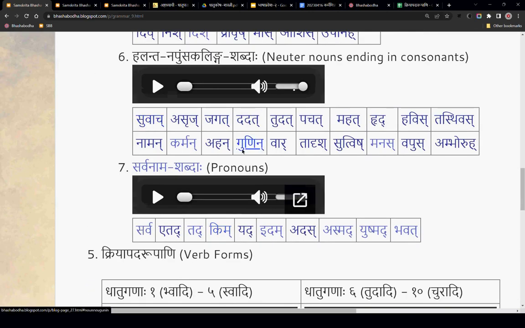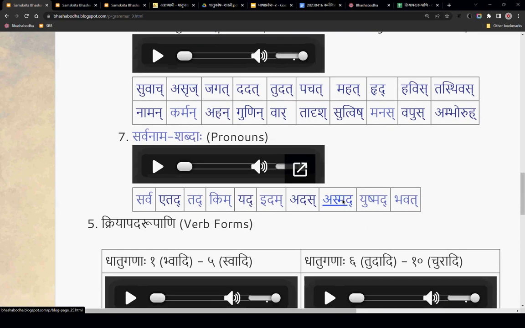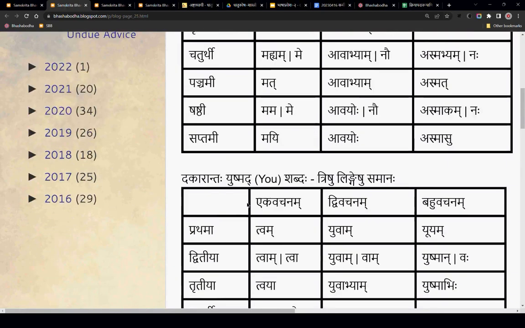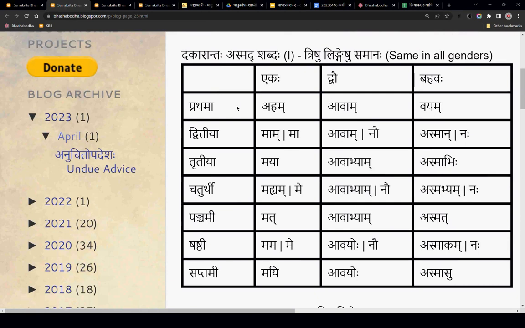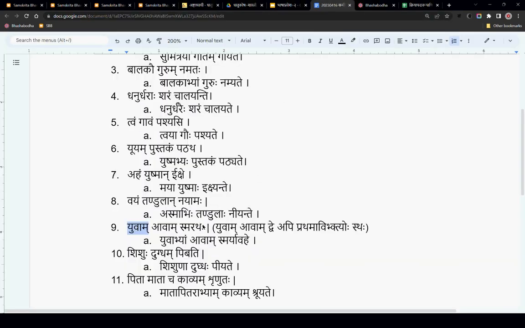Okay. I got confused. Yeah, that's a bit confusing. So if you look here at asmad shabda, prathama vibhakti and dvitiya vibhakti both have this avam. So based on the kriyapada, we'll have to figure out which one is prathama vibhakti, which one is dvitiya vibhakti.